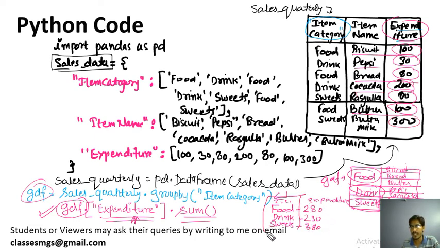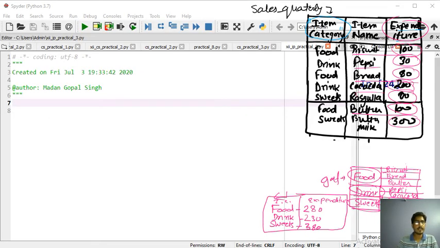As soon as you write this line, we will put it into a print statement, and it will print the result like this. This is how this concept works, and this is the code. Now we will go into the editor and write this code. Let me go ahead and write this code for you. Let me start Spyder. I have started Spyder.